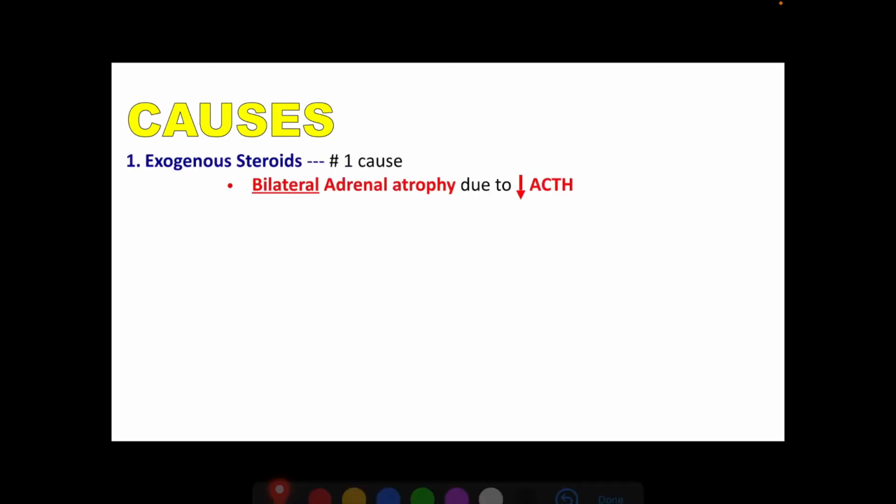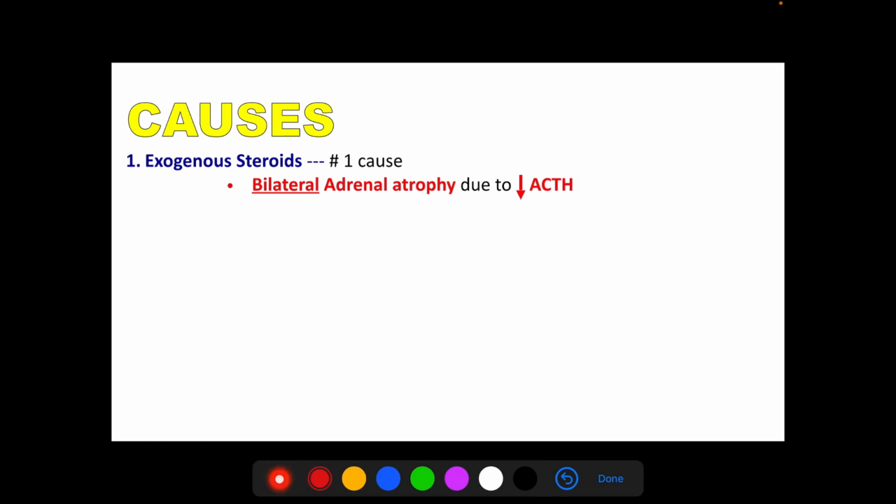So what are the causes of Cushing's syndrome? So we have 4. So first one, we have the exogenous steroids. So remember, these steroids act like a cortisol. So if a patient is given steroids, it follows that this steroid will pretend that it's the cortisol. So the body will take it as there is an increased cortisol. So since the steroid is increased, acting like a cortisol, it will now send a negative feedback to the